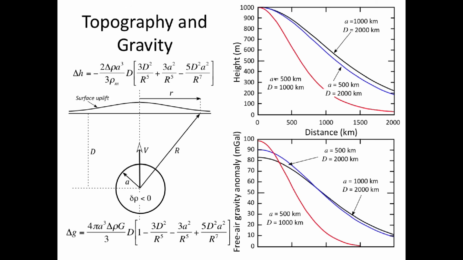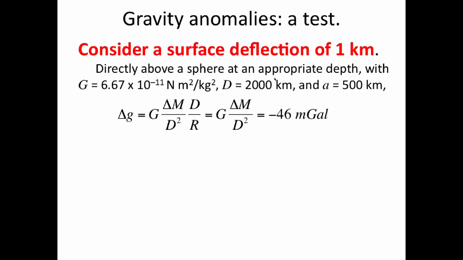And we can calculate gravity anomalies. Same thing. Again, using that height up in here, the free air gravity anomaly is a maximum over the sphere, of course, decreasing rapidly when the sphere is small radius and shallow depth, falling off more rapidly when it's deeper, regardless of what the diameter is. We can do that, but notice these values. In fact, the next slide takes you through them.